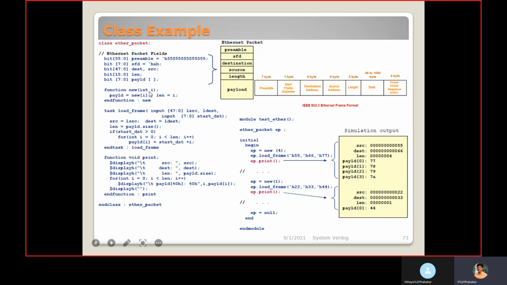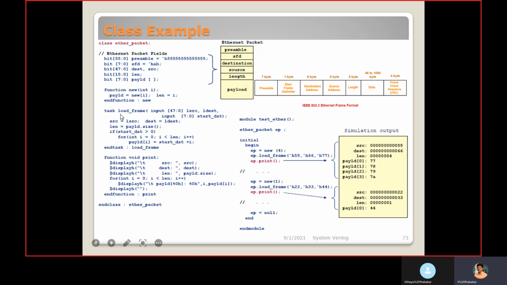Here we are passing the argument int i, and this i is assigned to length, and also payload is equal to new of i. So this is how we assign the size of the dynamic array.